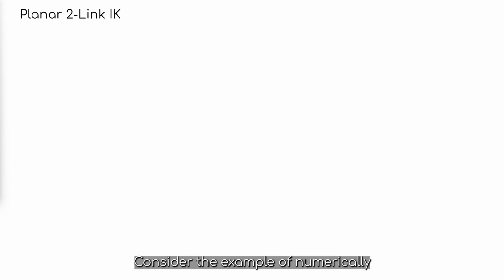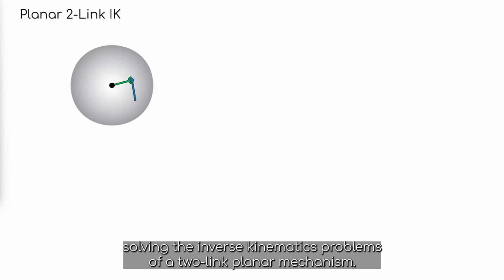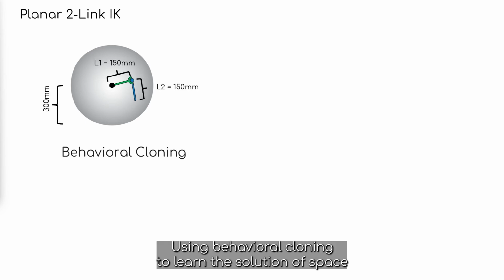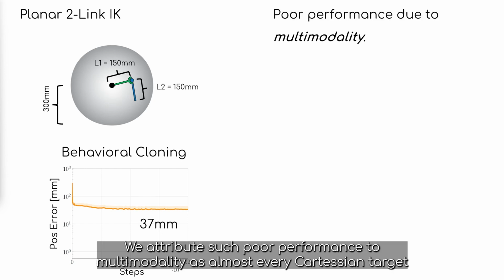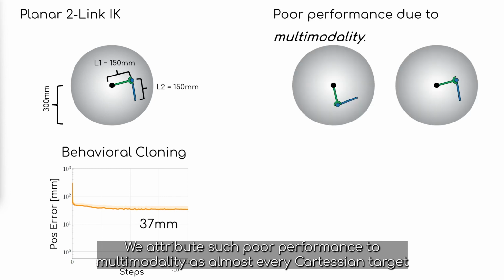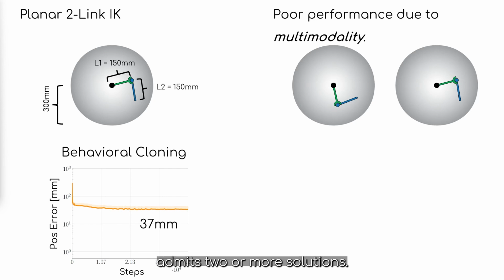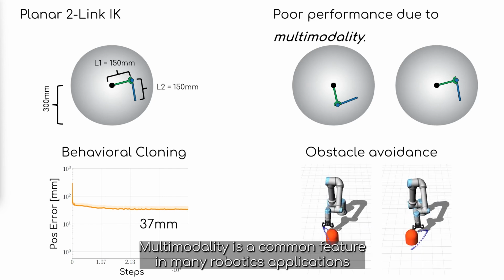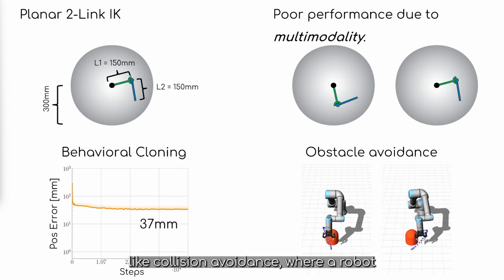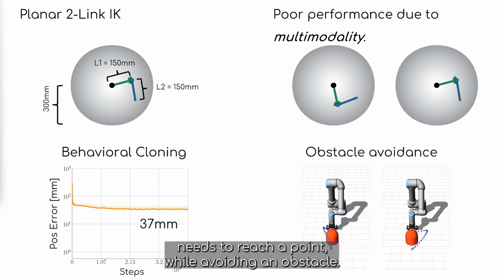Consider the example of numerically solving the inverse kinematics problems of a two-link planar mechanism. Using behavioral cloning to learn the solution space of such a simple problem leads to a poor performing policy. We attribute such poor performance to multimodality, as almost every Cartesian target admits two or more solutions. Multimodality is a common feature in many robotics applications, like collision avoidance, where a robot needs to reach a point